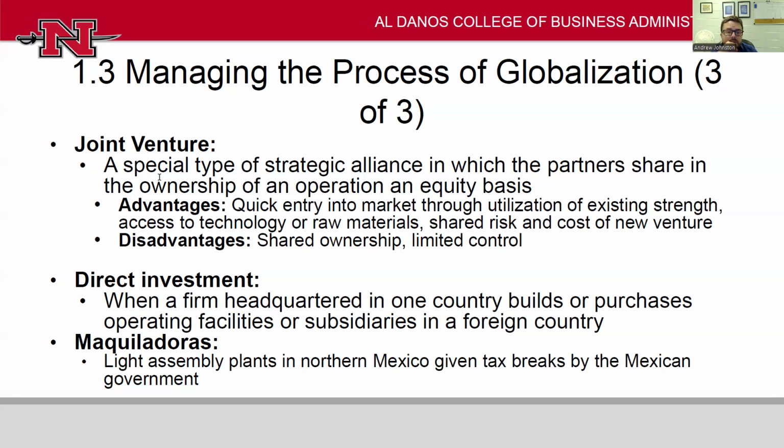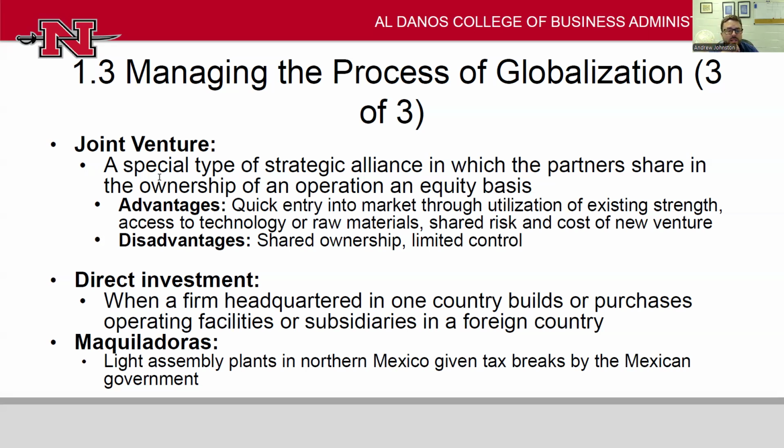Then the largest form of commitment is direct investment. You are headquartered in your home country, but you are going to have a wholly owned subsidiary in the host country. Maybe you're going to have GM Canada, and you're going to have a plant in Windsor, Ontario, which is an actual example, that's going to produce cars in Canada for the Canadian market.